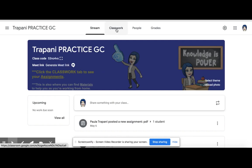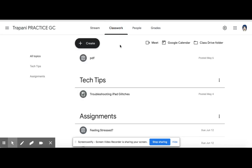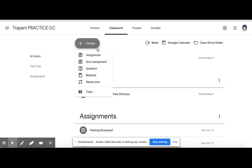When it's time to start posting assignments, you know that you have an assignment from some other class that you did last year and you would like to add that. Don't reinvent the wheel. That is insanity. So Google gives us this brilliant option where we can click create, just like we've been doing all year, and most of us were using assignment or quiz or question or maybe even material, and maybe reuse because maybe you have already gotten in the habit of doing that. If you have, then it's the same exact process. When you click reuse post,